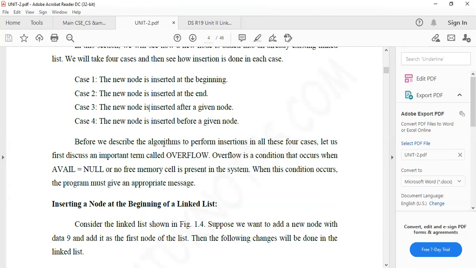Before we describe the algorithm to perform insertion in all these 4 cases, let us first discuss an important term called overflow. Overflow is a condition that occurs when AVAIL equals null, or no free memory cell is present in the system. When this condition occurs, the program must give an appropriate message.